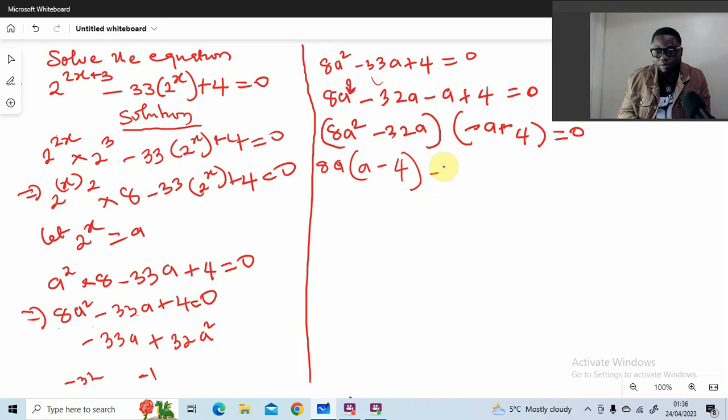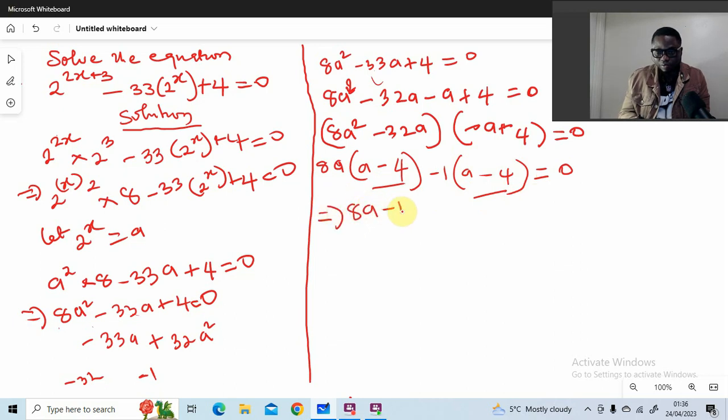I'm going to bring out minus 1 in brackets, because if you factorize, bring out minus 1, what will remain here is a, because minus 1 times a is minus a. Put minus here, because minus times minus is plus. 1 times 4 is 4, so 4 will remain here, equals 0. So you can see I have a minus 4 here and I have a minus 4 here. I'm going to pick one, so this becomes